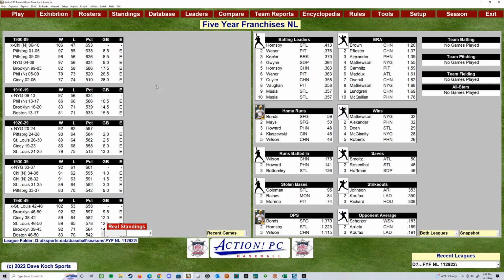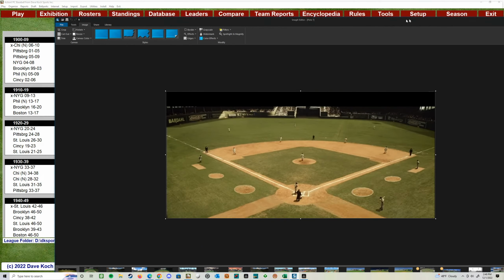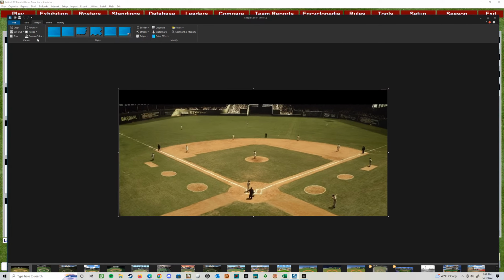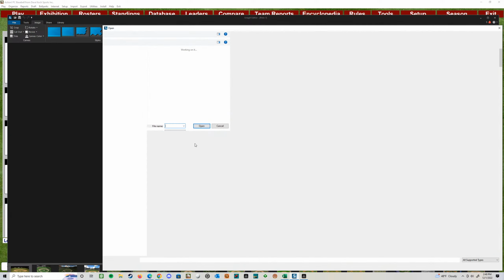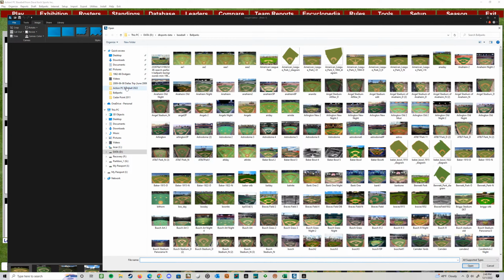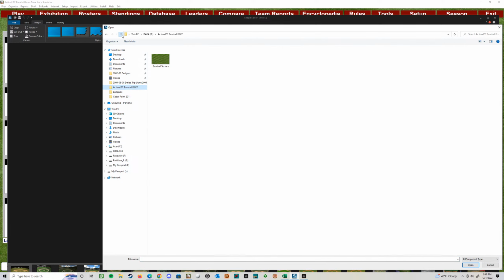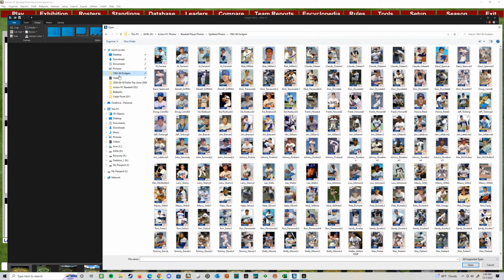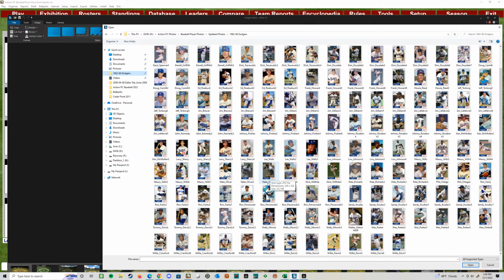Some of the things, I don't know if anybody's messed around with photos or whatever. I know everybody downloads these, but if anybody's watching, I use Snagit. I've got this program I think Mark Weiss got me into a long time ago, the Snagit photo editor, and it's great. This is what I use to make my templates. Like here's my Dodgers, right? I'll come in here and make my